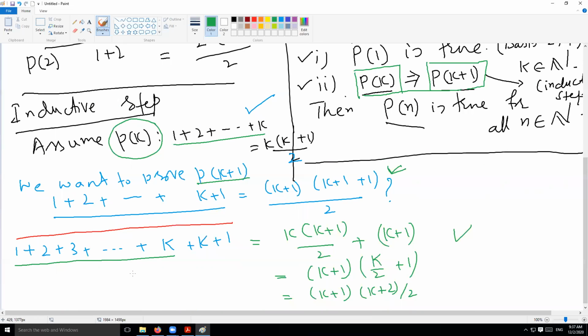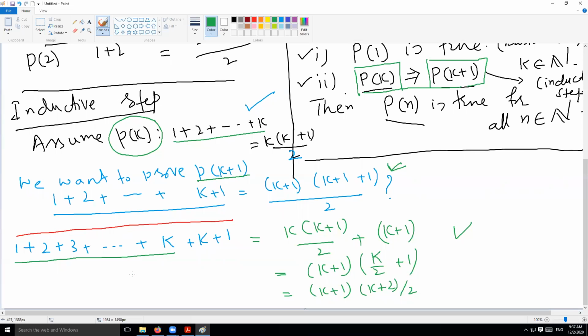And then in the last step, I have really proved it. And how did I prove it? I took the left-hand side and I said that using the left-hand side, the right-hand side can be obtained actually. So I took left-hand side, okay? And so the left-hand side is the sum from 1 to k plus 1, okay? So like that's what is the left-hand side.